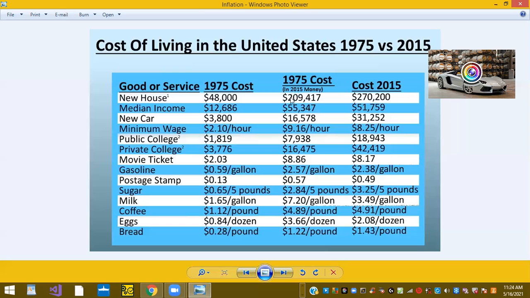Now, they may soften the blow by saying, the actual purchasing power of 48,000 was 209,000. But let's just flat out state exactly what the dollar bill was. And it was 48,000 versus 270,000. The average cost of the new car was 3,800, whereas the average cost of the new car in 2015 would be 31,000. And this is why you need to invest in either stocks or multiple streams of income in 2021,